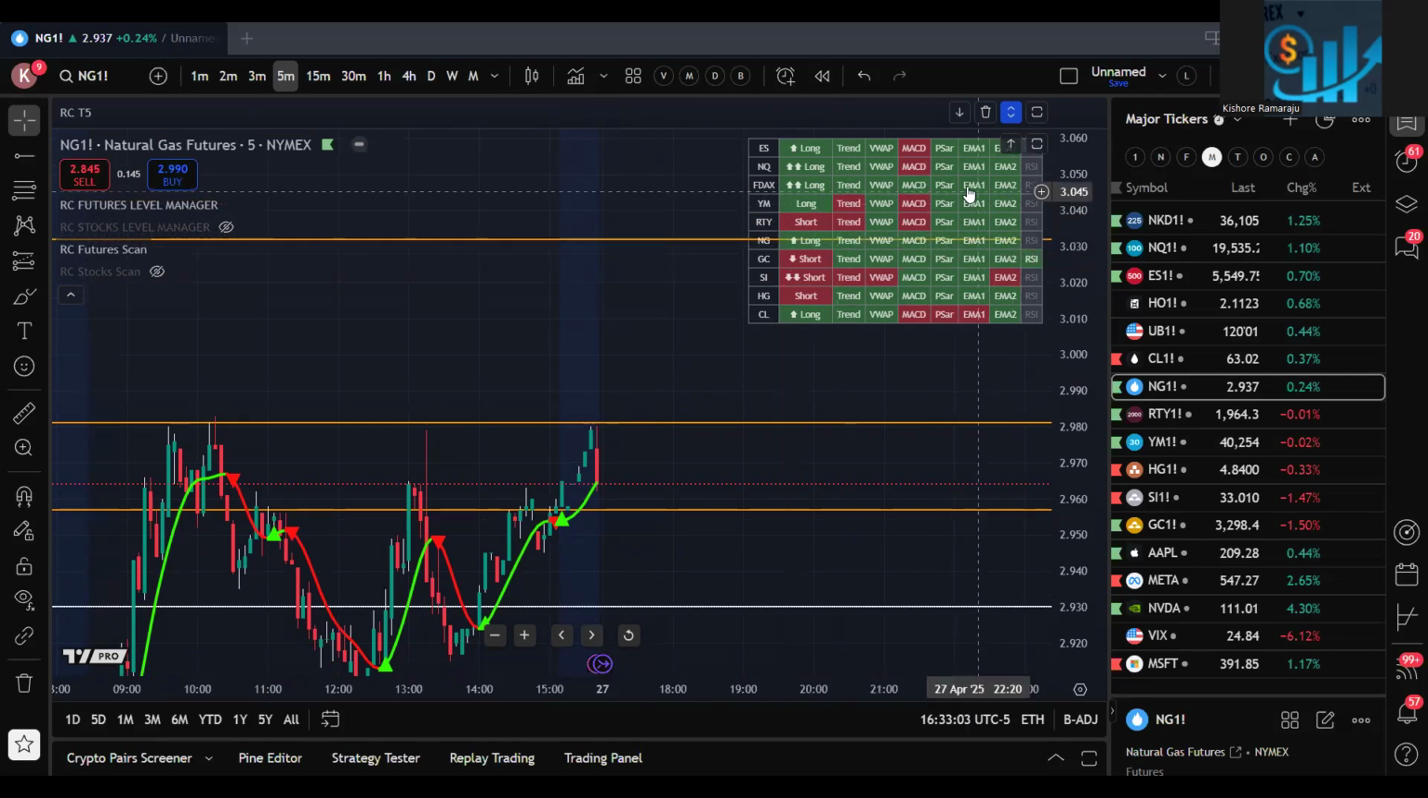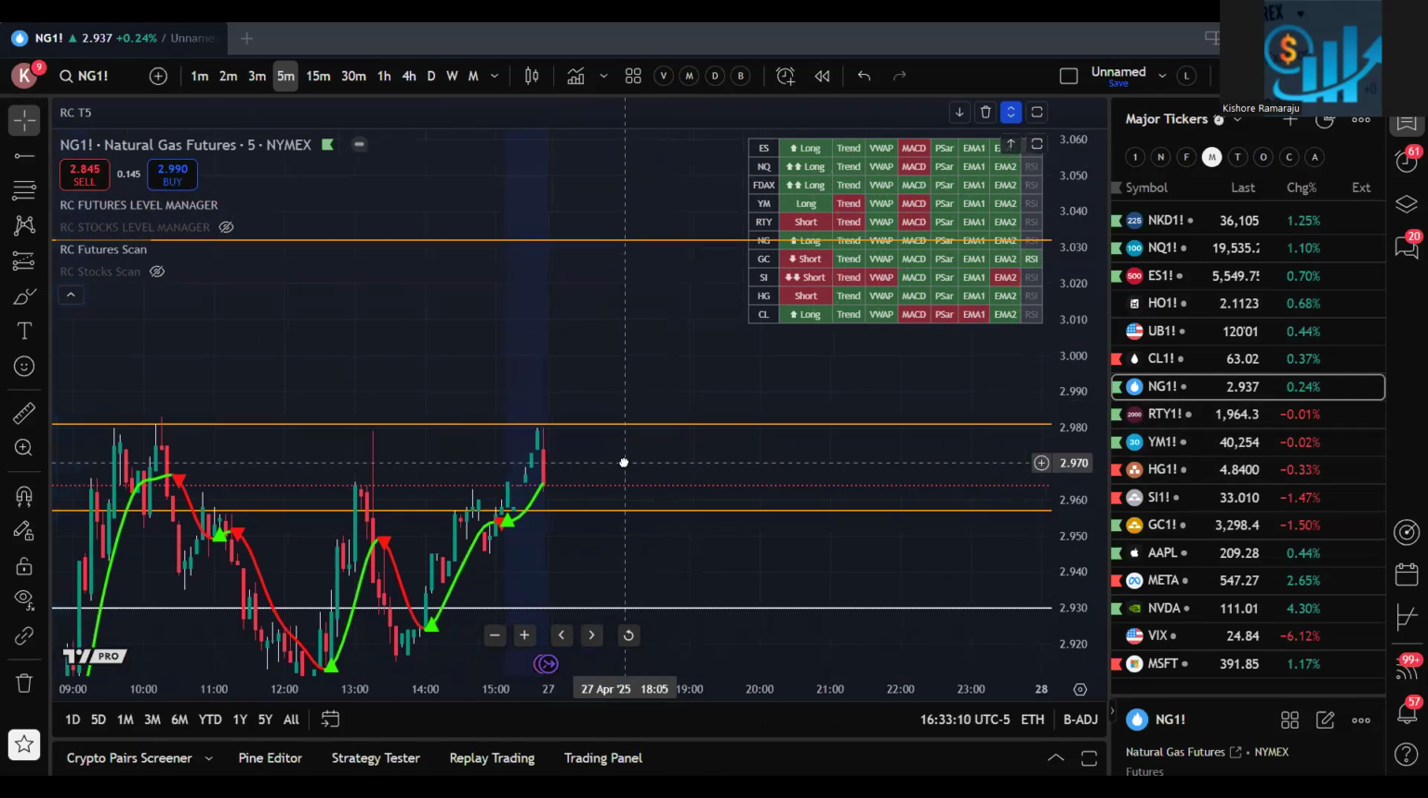In the same way, FDAX, right? Again, yeah, FDAX is a European thing. We need to have a data plan for that. But same thing with ES,